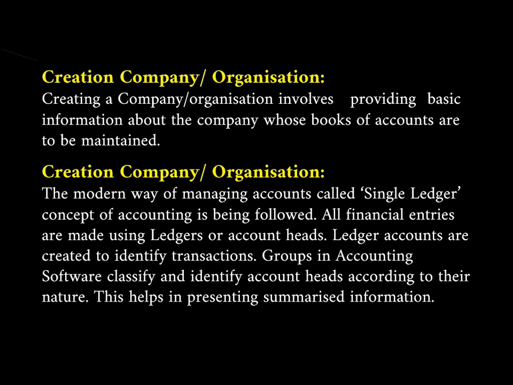While creating a company, there are fields like name of the company. First, what you are going to put in the name of the company, then the company email ID you are going to type, the address of the company, then the financial year begin from, books begin from. The financial year starts from April and closes in March. So this is the financial year when you are going to create. Once you have done that, in some accounting packages password security is also required. So all this information you are going to enter when creating the company organization.